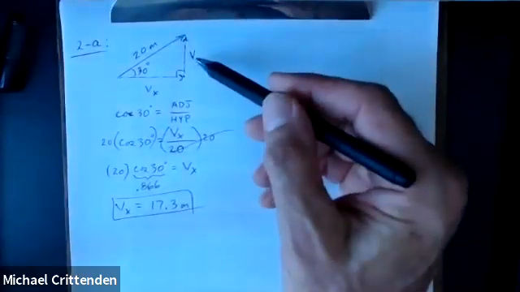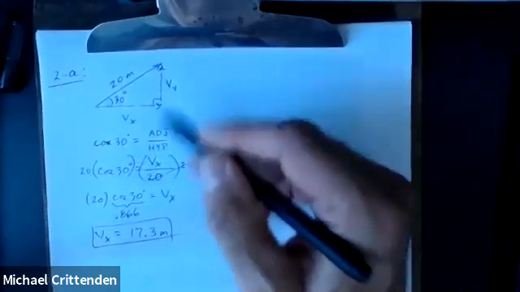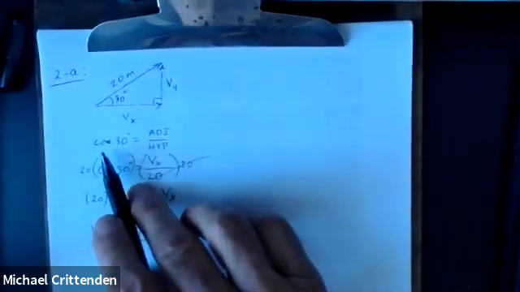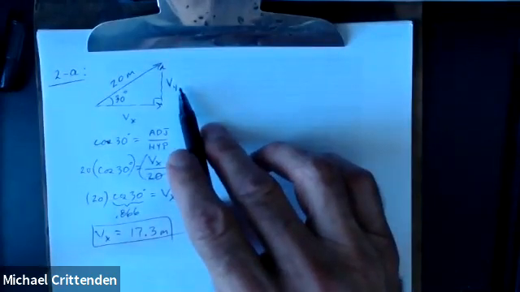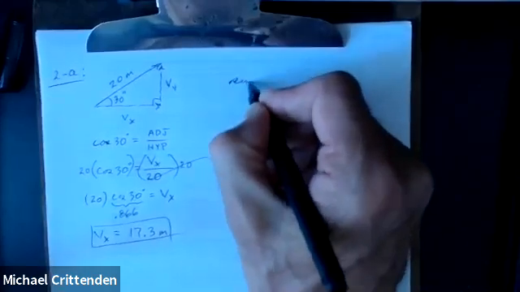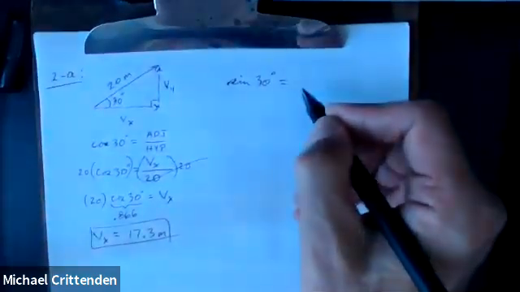To find the y component, there's a couple of different ways of doing it, but what seems most obvious to me is to just repeat the same procedure, except now I'll use sine instead of cosine, because now I want the opposite side instead of the adjacent side. So sine of 30 degrees equals